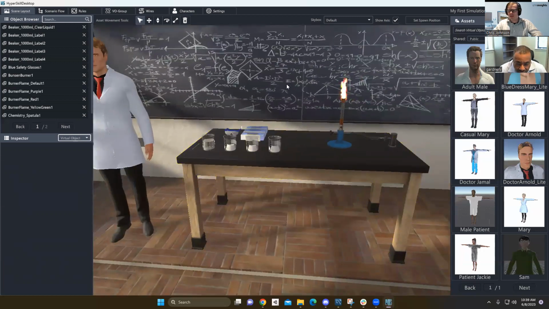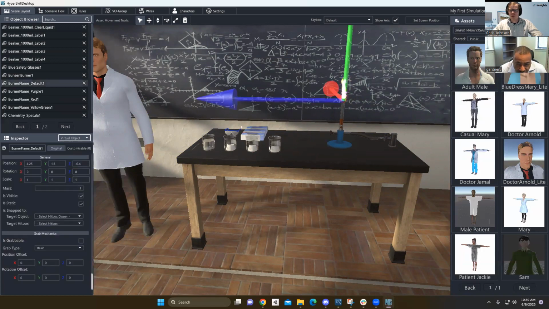All right. So with that, we have all of our objects in. The next thing that we got to do is start adjusting the default properties. Now, we're going to take all of our flames, and at the start of our simulation, we don't want them visible. So we're just going to find all our flames and click this is visible property and just make it